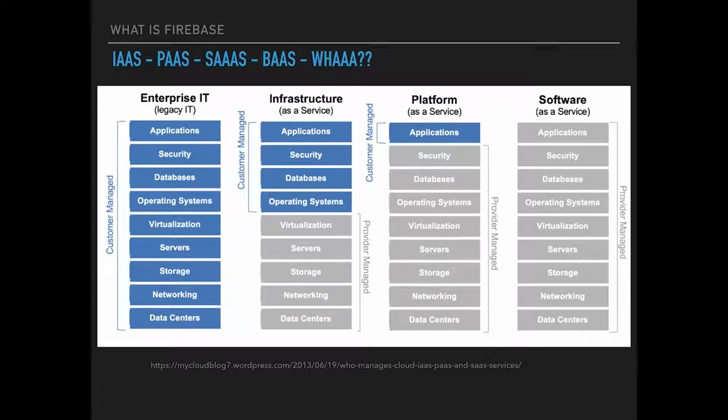Then kind of in the middle, infrastructure as a service, you can think of Azure, Amazon, and even there is kind of a blurry line. For example, if you're familiar with Amazon, they have EC2, which you can stand up like a virtual machine where you can choose the operating system, you can choose the database, you can set up and configure your virtual machine as you want. So you can do that with EC2, but Amazon also has Elastic Beanstalk, where more of that is taken care of for you behind the scenes. So Elastic Beanstalk falls more so under platform as a service.